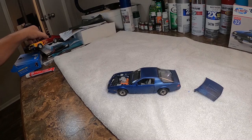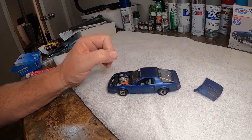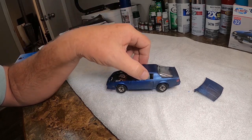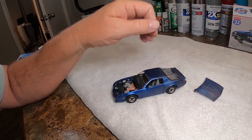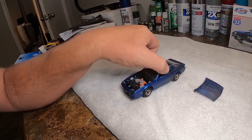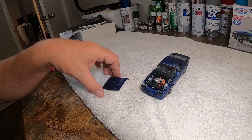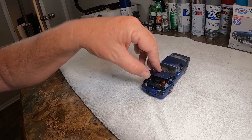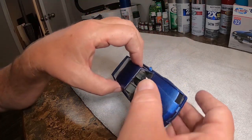Like I said, I make the small 1/32s to use on my Lionel train platform for Christmas. This one I may decorate with snow later. I do that with some of the cars. I'll put snow on them or whatever. I wanted to use this one as if it was in a garage getting worked on. So I kind of like the engine bays there. A lot of these don't have an engine bay. But the hood fits, and once the hood is on,